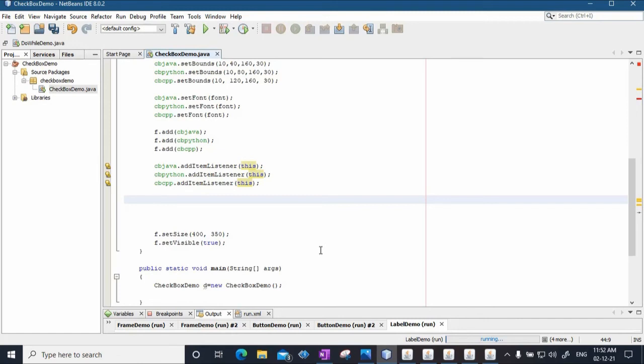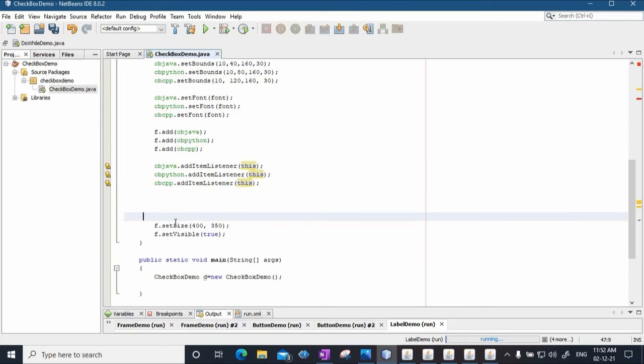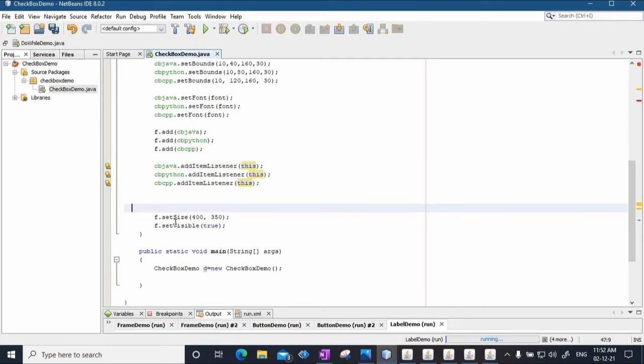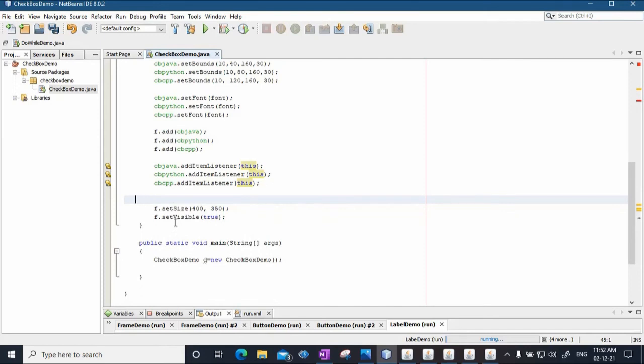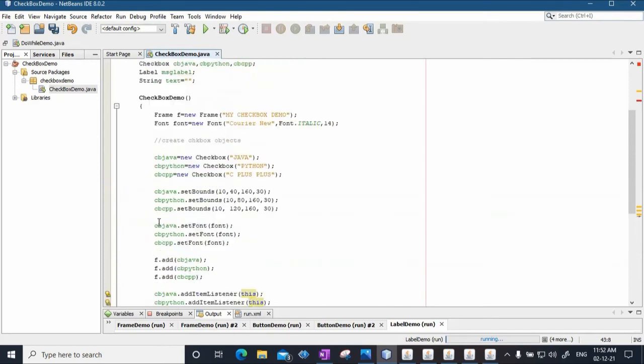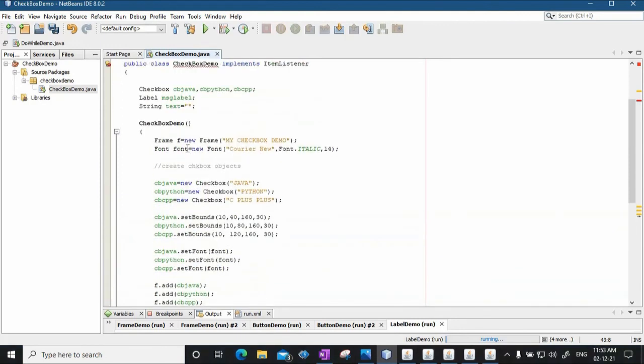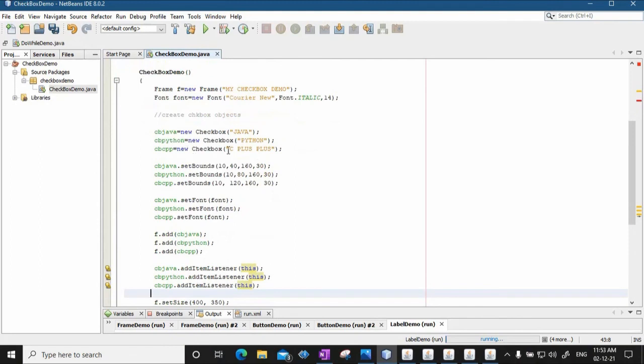And finally, we'll just take this on top. Okay, so this is all that the checkbox demo constructor will do. First it will create a frame, then a font, then it will create three objects of checkboxes, three checkboxes with this text.